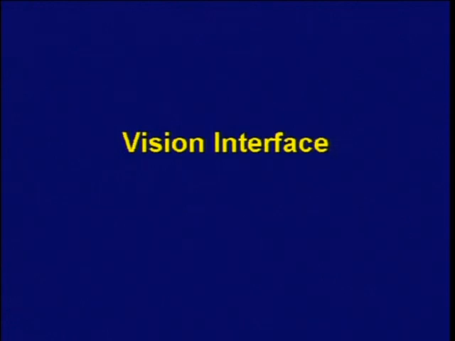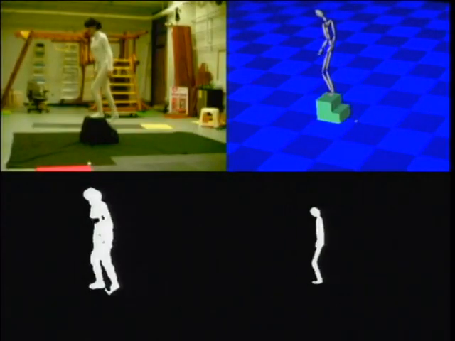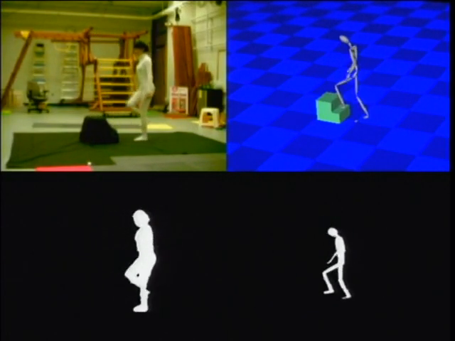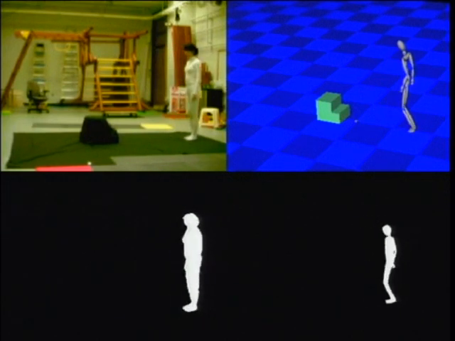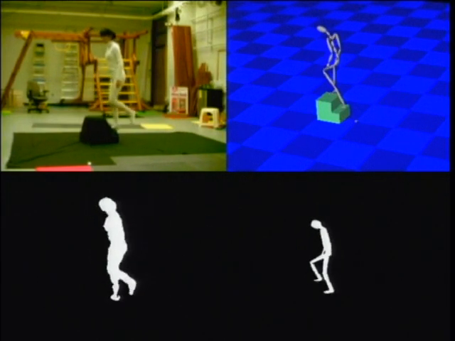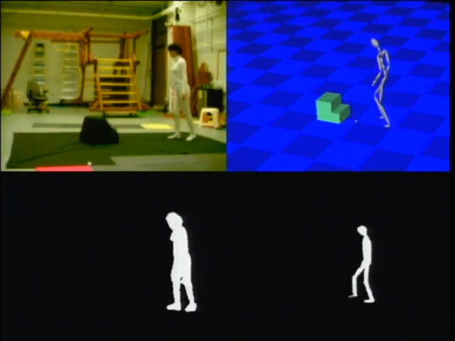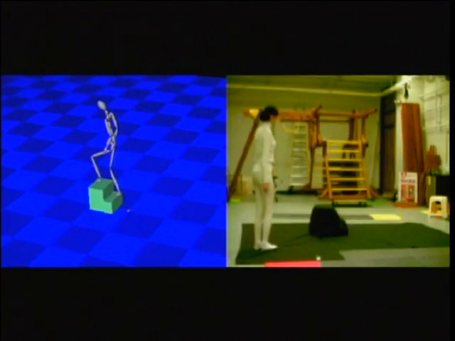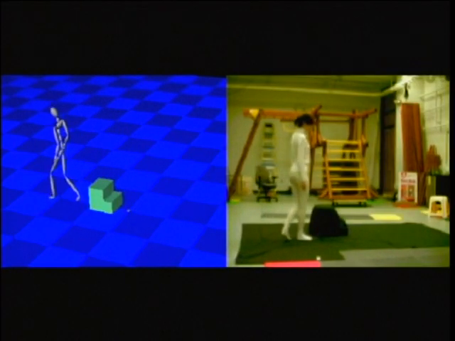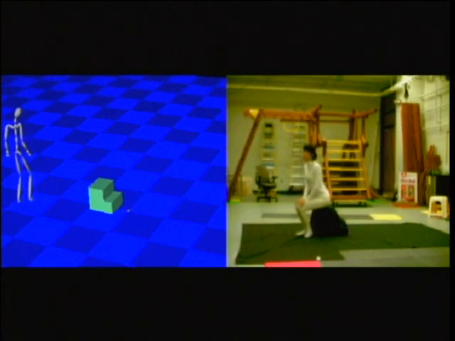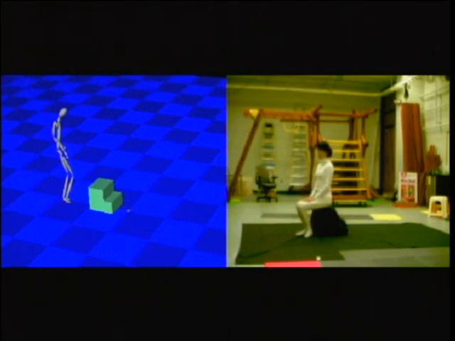In this vision-based interface, the user performs the action she wishes the avatar to duplicate. The video data is processed to produce a silhouette, which is then matched to silhouettes computed from the motion database. In this clip, we see the user creating a much longer sequence of motion that is followed by the avatar